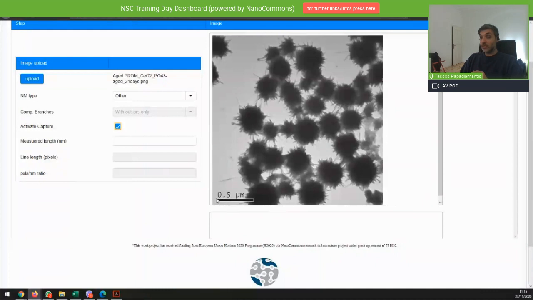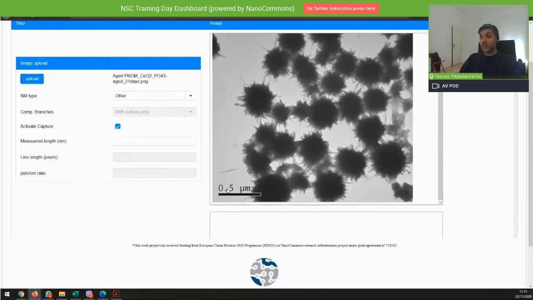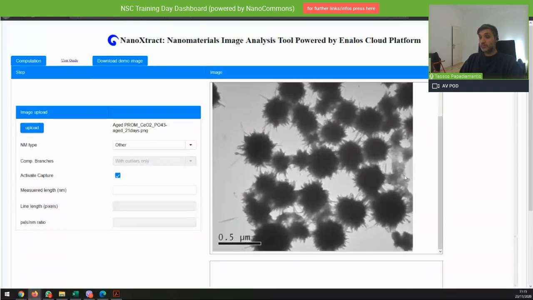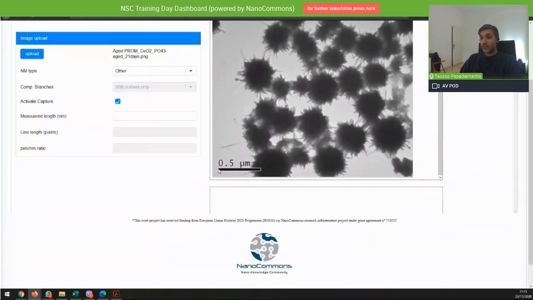Theoretically, we could do it here and get a scale value here, in which case the results would be off. So it's better not to use it. By clicking on the magnifying lens, you see it goes to its full size. The scale bar has become a bit bigger. Now we are confident that we have the correct scale that we can get from the image. We add the scale. Remember to always put it in nanometers. Here it says 0.5 micrometers, but we need it in nanometers, so make the unit transformation.